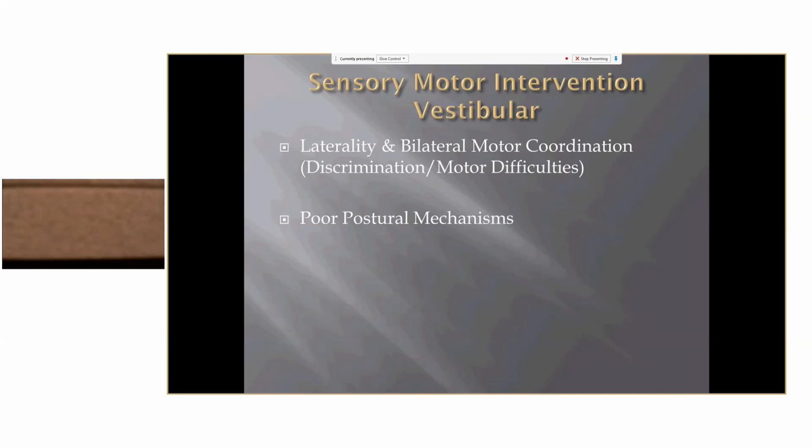Pulling them on a wagon and then having them hold onto a rope to really try to elicit that bilateral integration, holding on with two hands, working on that co-contraction of the arms, being able to hold their arms up against resistance and maintain that grasp. And then a lot of the specific adaptive responses we would expect to see are more smooth, coordinated movements in response to the vestibular input, as well as